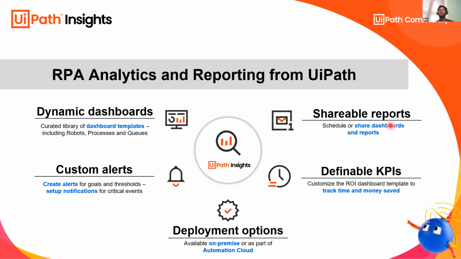Next, we have the shareable reports. So finally, we don't need to do anything manually. It should be shared. An automatic trigger or automatic alert can be set up, where we have a lot of thresholds. For example, when the robot utilization or the savings has reached this much, you send an alert. So we have a beautiful option here where we can customize alerts, where we can provide the alerts to the management,